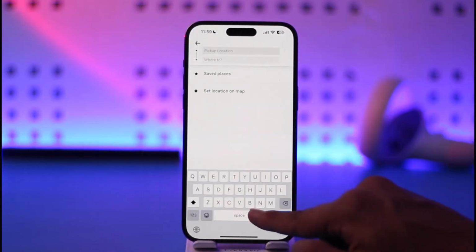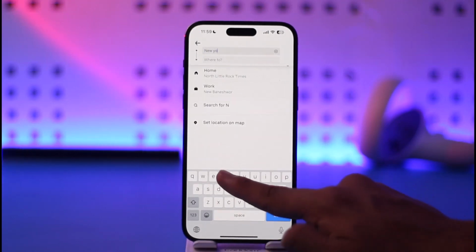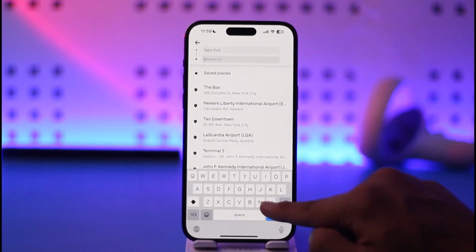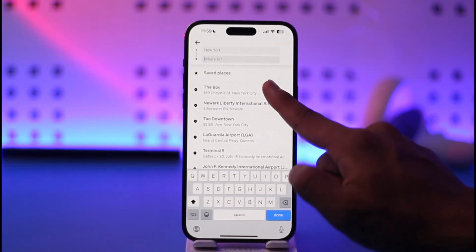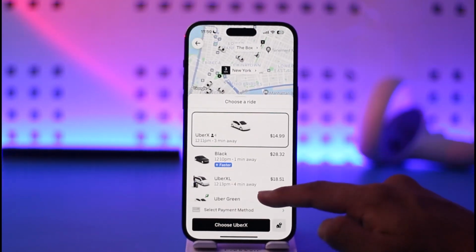In this case, I'll just go ahead and search for a custom pickup location. Once I enter my pickup location, I can just select that as my pickup location. And of course, I have to select my drop-off location as well, which I can just go ahead and select. Once I select the pickup and drop-off location, over here you'll be able to see all of the